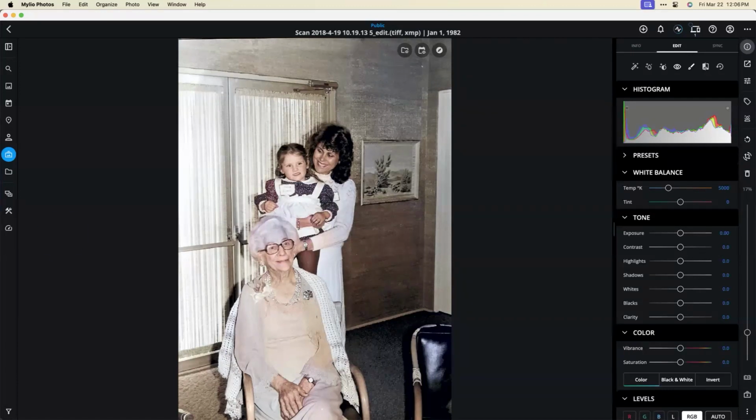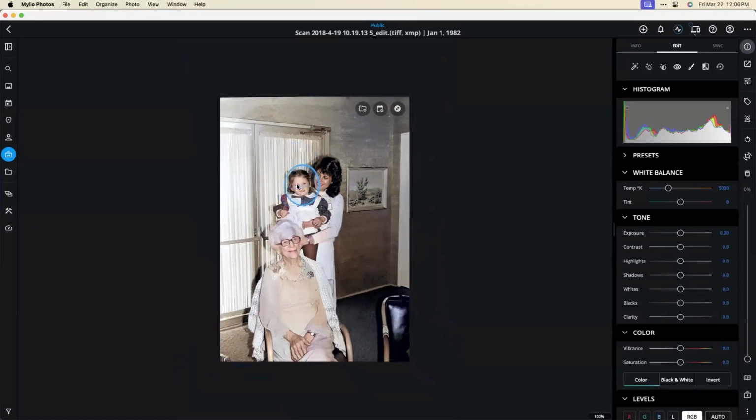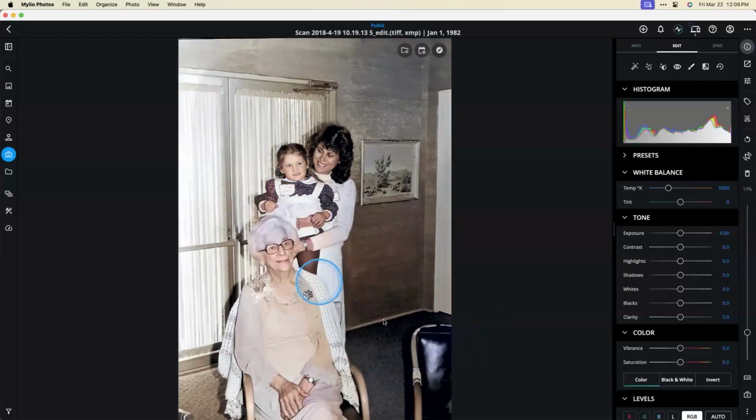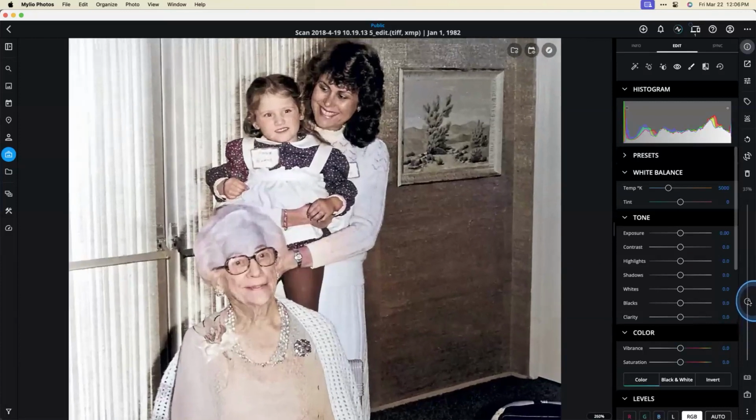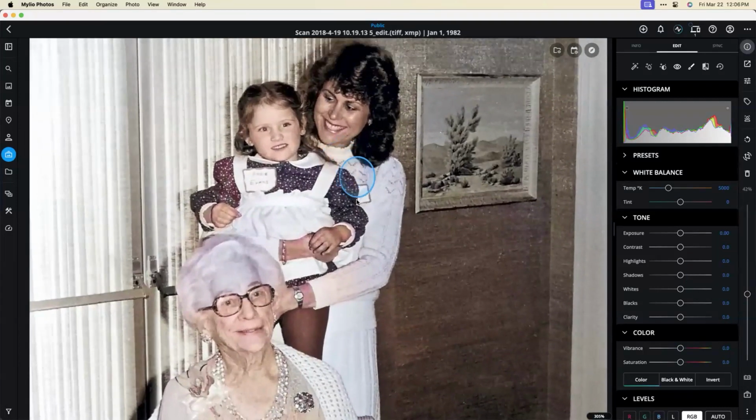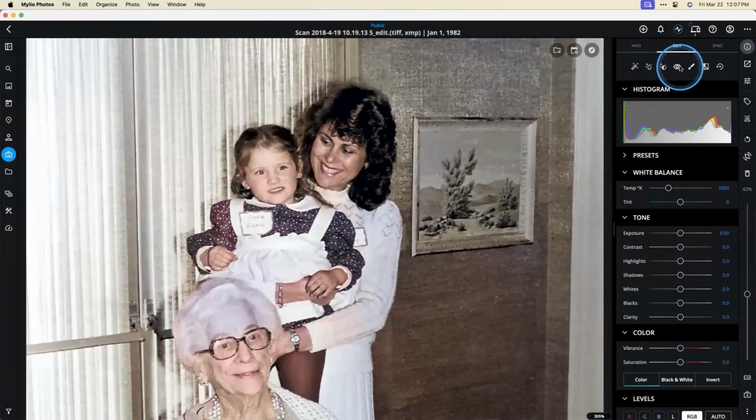Red eye correction, sure. I'll touch on red eye correction. So here in Mylio, if I go ahead and zoom in on this image here, actually, let's see if I can get in a little closer. I don't really think we have red eye on this image, but if we did, what you can do is click this little red eye tool